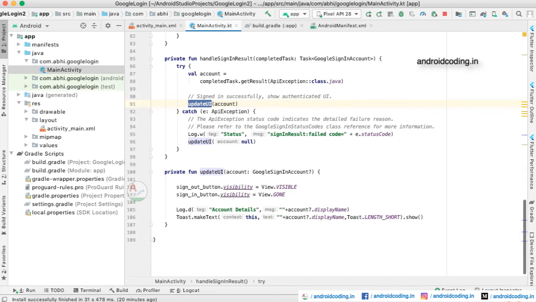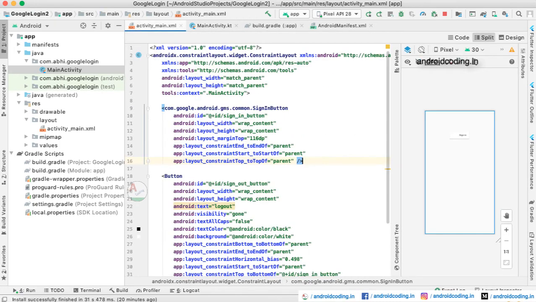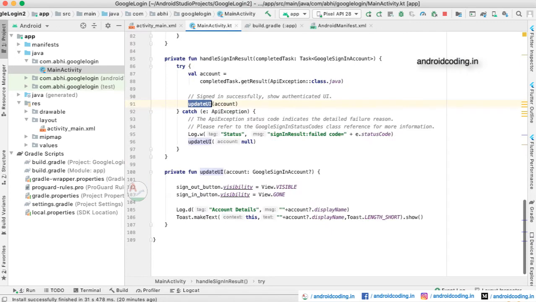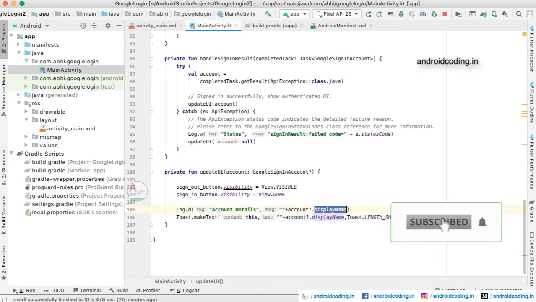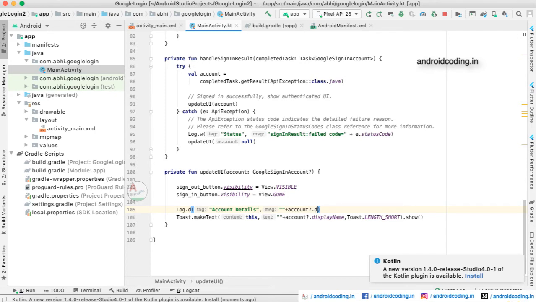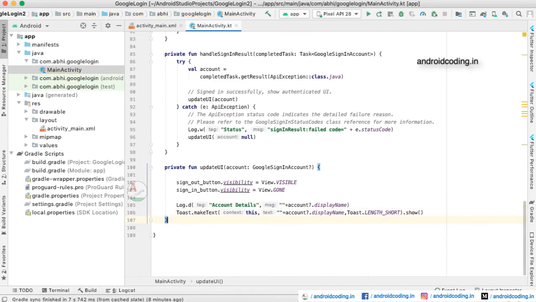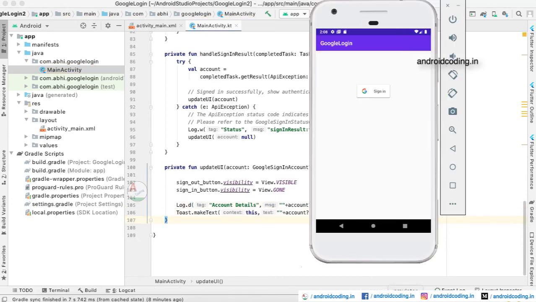This is a sample, as we have declared three text fields here. Here we have displayed a toast. With the help of a toast, you can display the account holder's name here. Not only the name, there are different fields available here, like image, email id, user id, all these kinds of things. Different things are available here. Now let us see the output once.